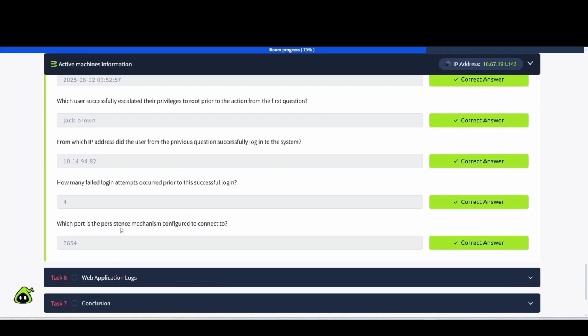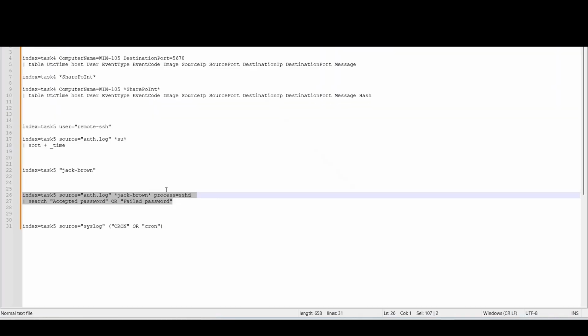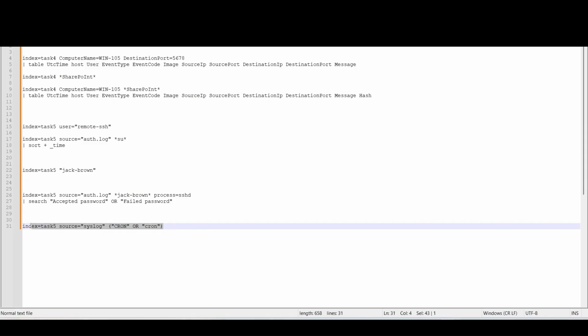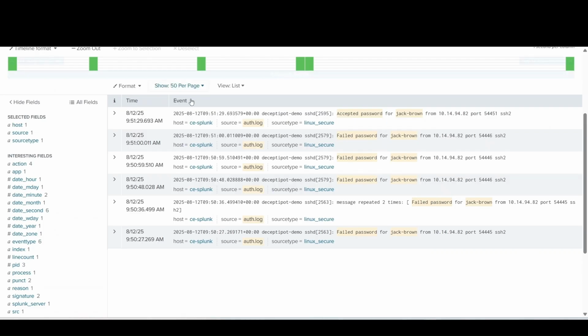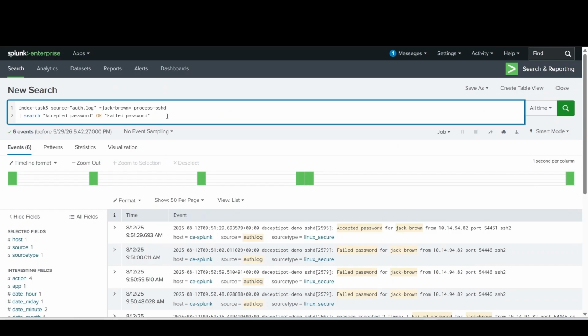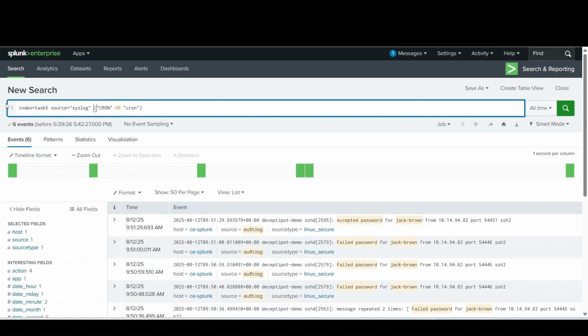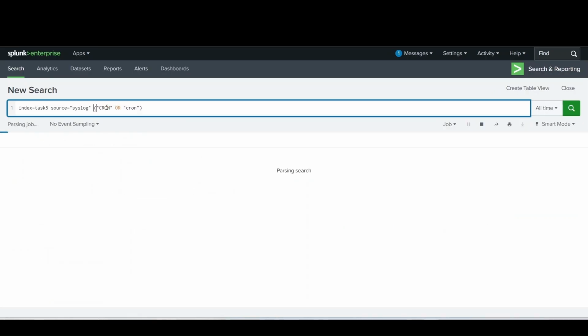Which port is the persistence mechanism configured to connect to? And once again, you can pivot off the information we learned earlier. I just went off of this cron here to get this one. And we have to look at the other logs. That syslog one is the one we're going to look at. Okay, hit enter here,